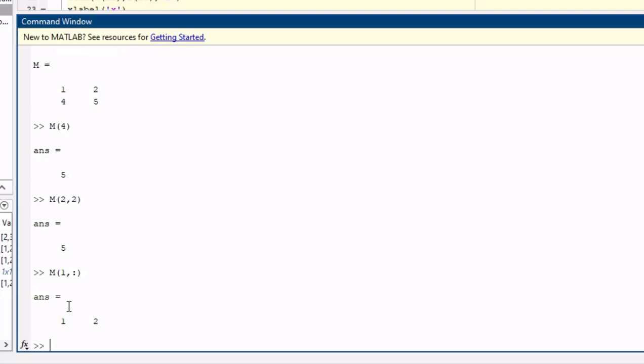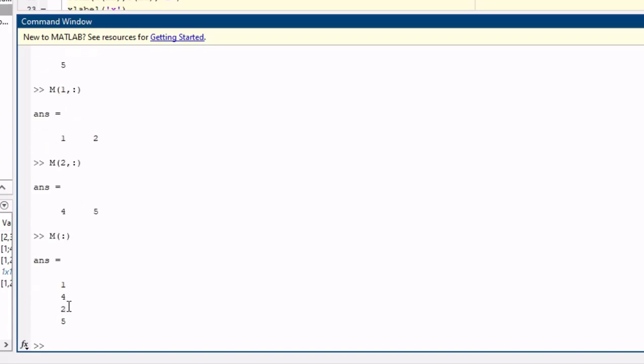If you want the second row, m of 2 comma colon. If you are working on any communication project, signal processing project, or research concept using a single dimension, we mainly use this type of command. To read all values, use m of colon.